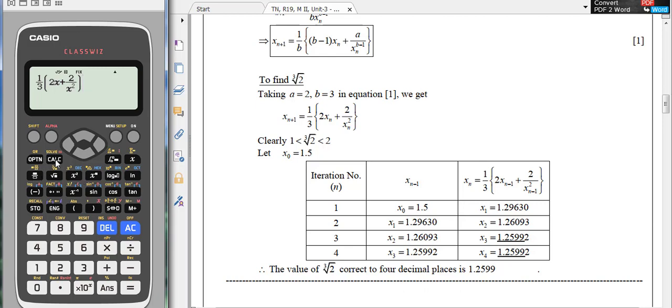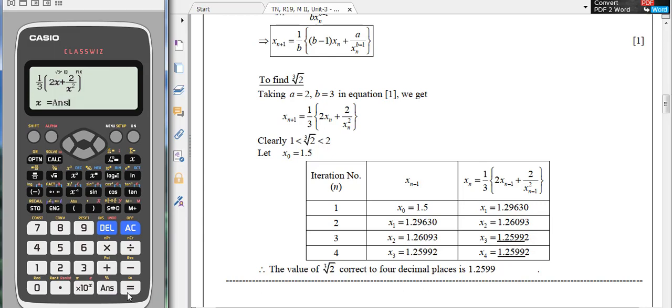So to get the first approximation, press the operate calculate key and give the x value as 1.5, which gives the x1 value in decimals as 1.29630. And then to get the next approximation, once again operate the calculate key and give the x value as the answer,